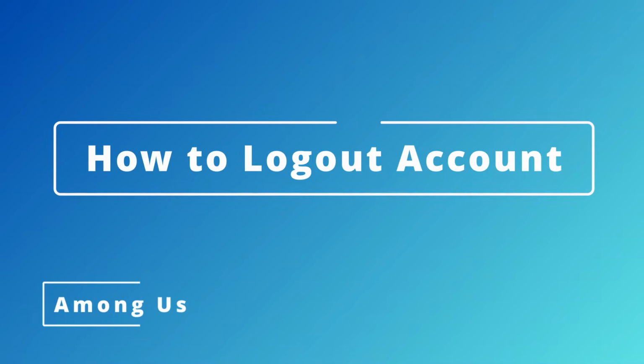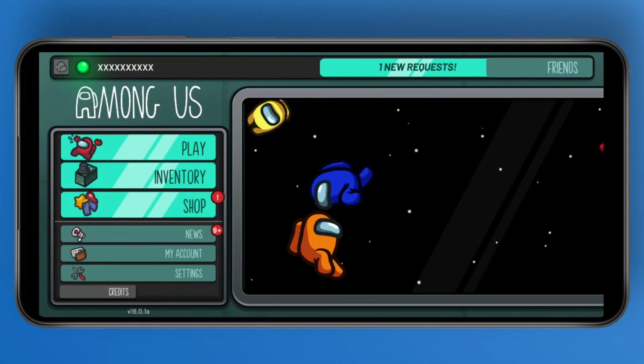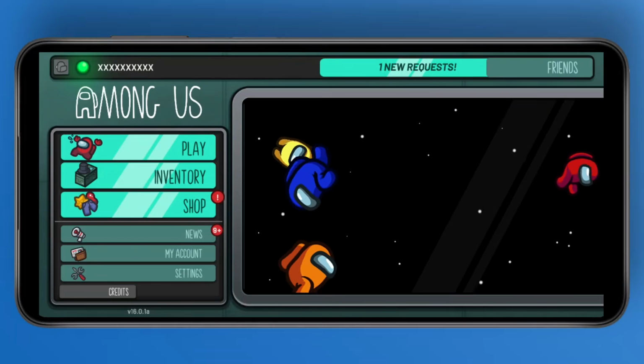How to log out of Among Us account. If you're looking to log out of your Among Us account, first you'd want to go ahead and open up